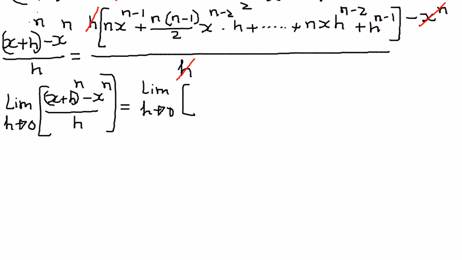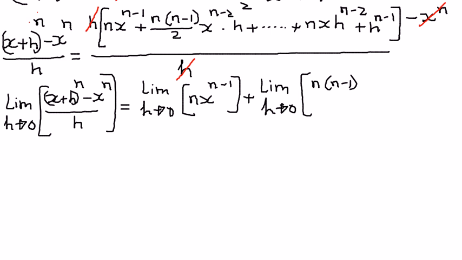The first one is n x to the power of n minus 1, plus limit as h approaches 0, n times n minus 1, the whole thing divided by 2, times x to the power of n minus 2 times h,